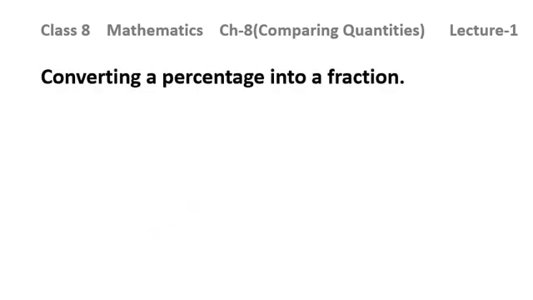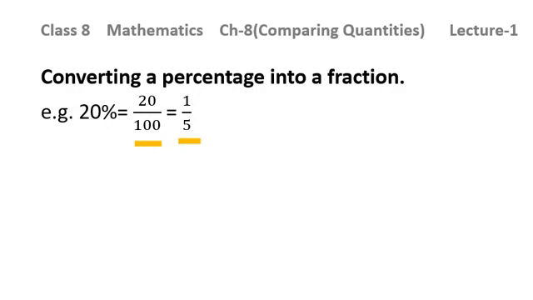Now, how to convert a percentage into a fraction? If a number is given to you in a percentage, then how to convert it into a fraction? For example, 20% is given to you. You are supposed to convert it into a fraction. As we know, the word percent means out of 100 or per 100, so the percentage is the numerator of a fraction with the denominator 100. So we write 20 over 100, and then it will be 1 over 5 after cancelling out.